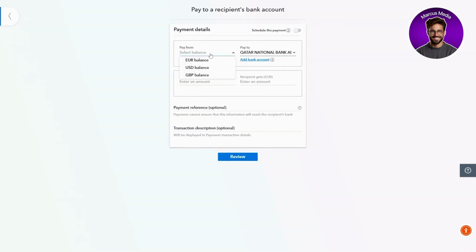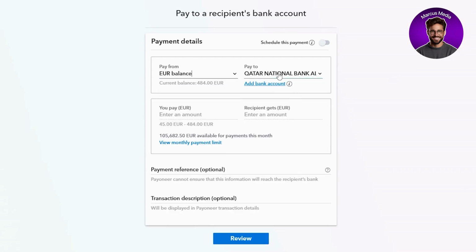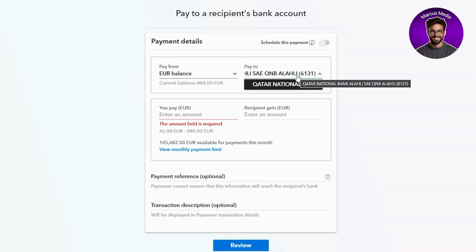bank account. Then here, you should click on Pay From and choose which currency you are going to pay from. Then choose which account you are going to send money to. And if you want to add a bank account, you can simply add it from here. It will only show you here all the added accounts that you can transfer to